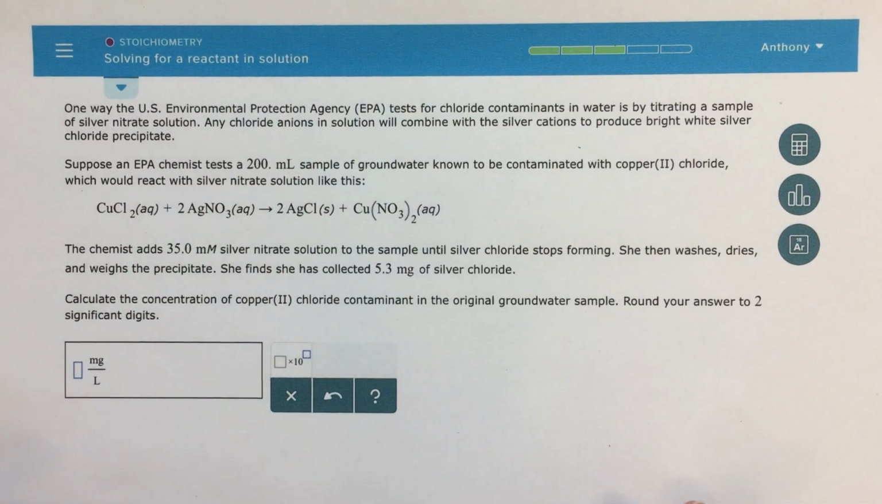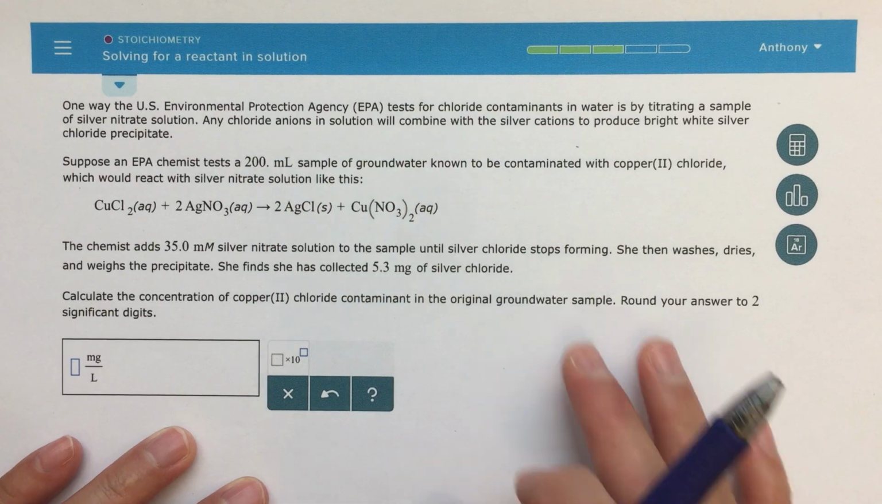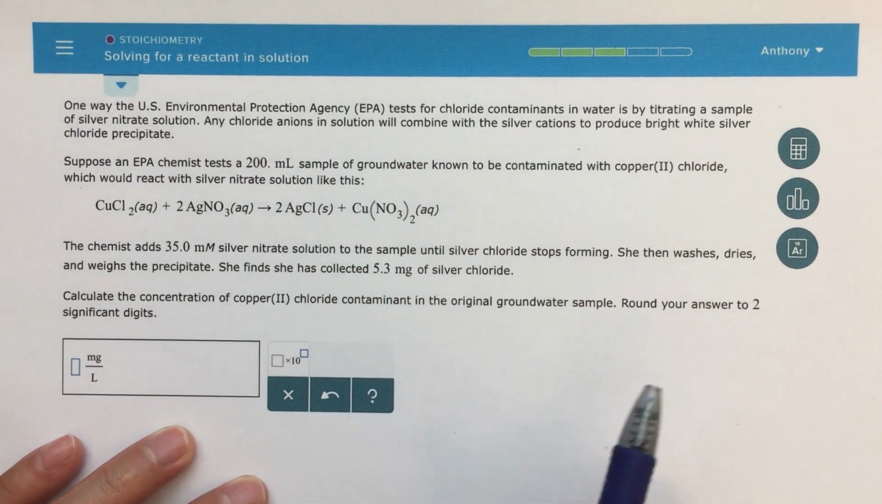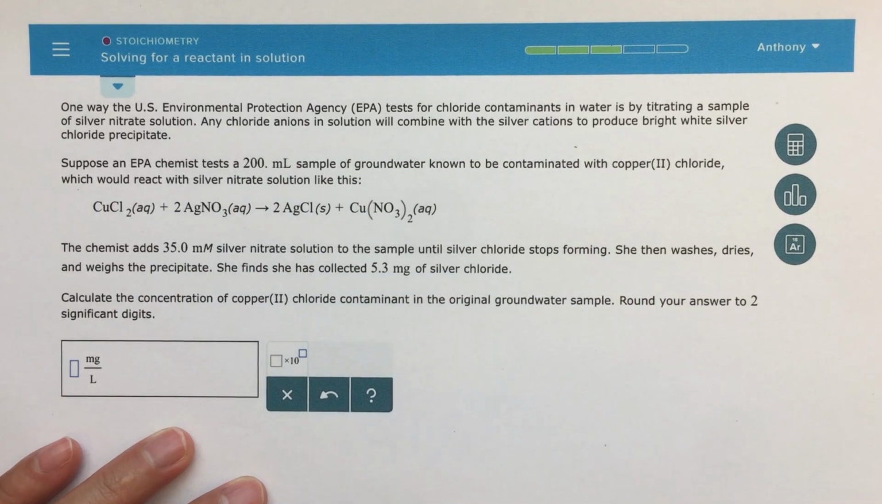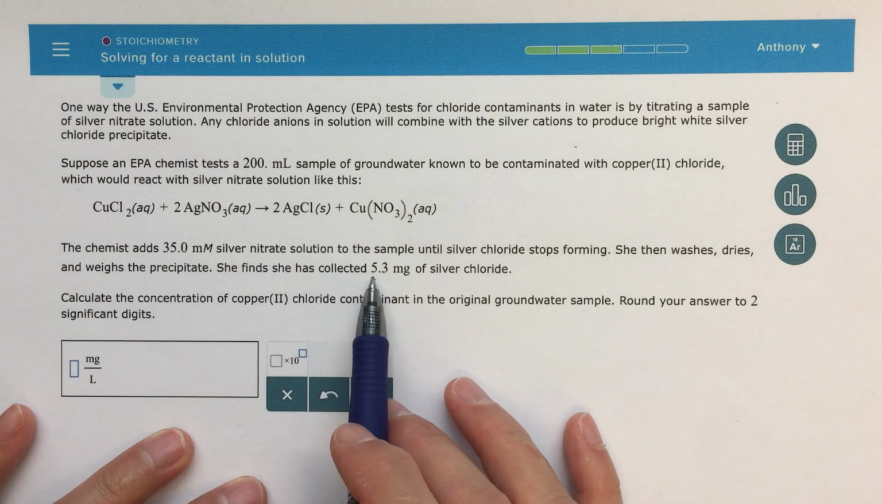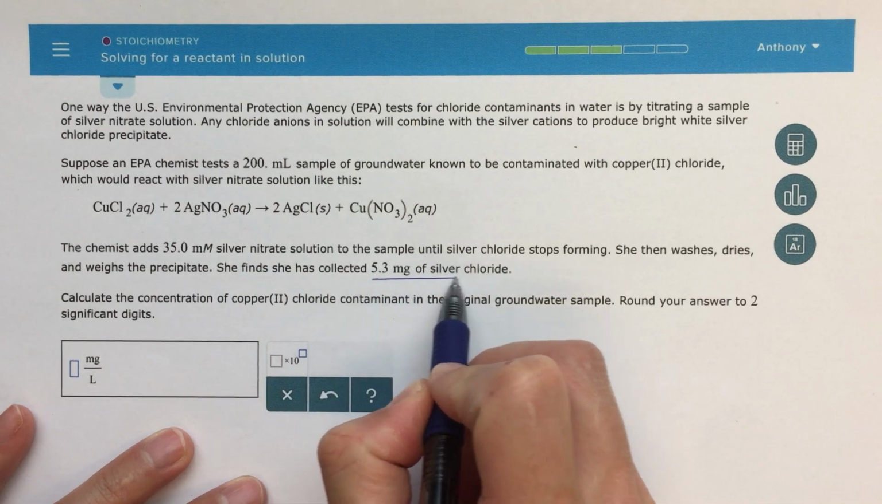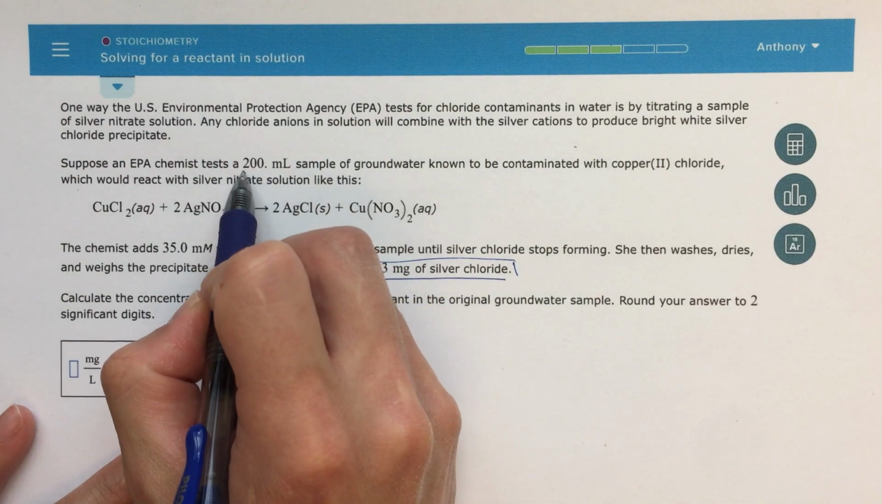All right, so this is the second video for this ALEKS topic, solving for a reactant in solution. This problem's a little bit more difficult, so if you're struggling with a problem like this, or you don't fully understand this video, because I'm going to go a little bit faster, then watch the previous video to get the groundwork laid. In this problem, we find that we have collected 5.3 milligrams of silver chloride, and that the original